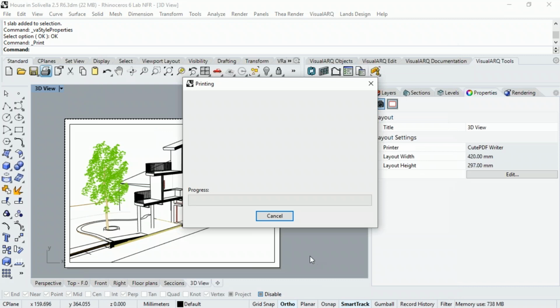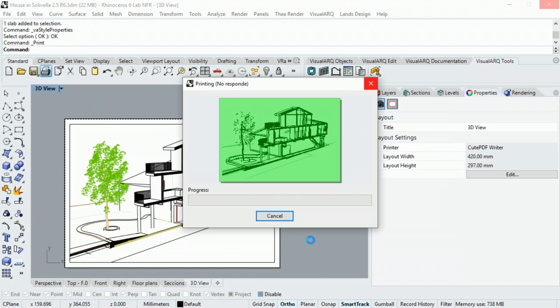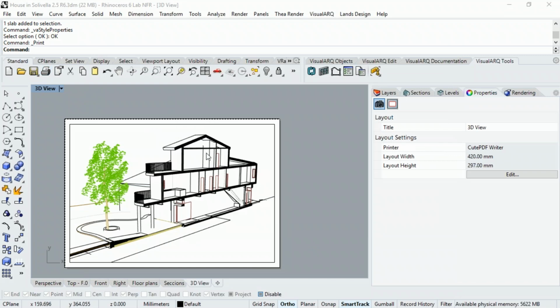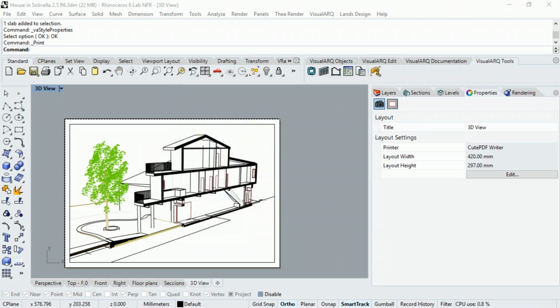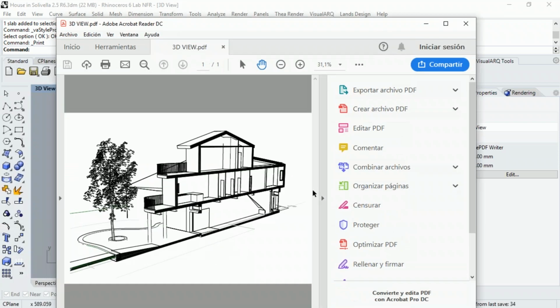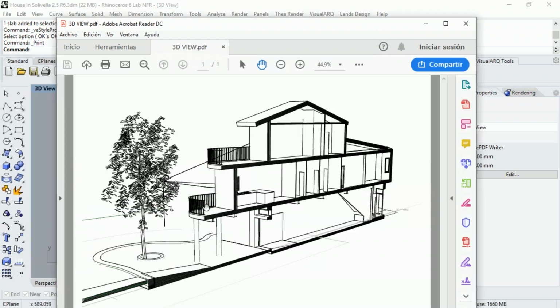Okay, so click on the print button, and we'll save this to PDF. Okay, let's wait for the save dialog, and we will see. We'll call this 3D view. There we go. Now I will just show how this 3D view looks. Okay, what is the result? And as you can see, we get